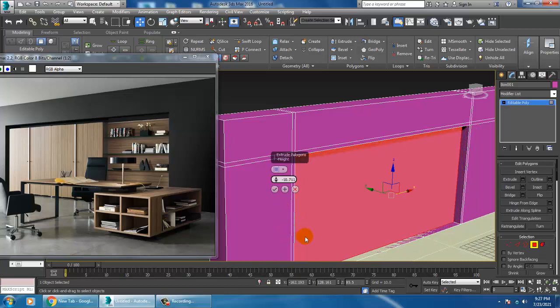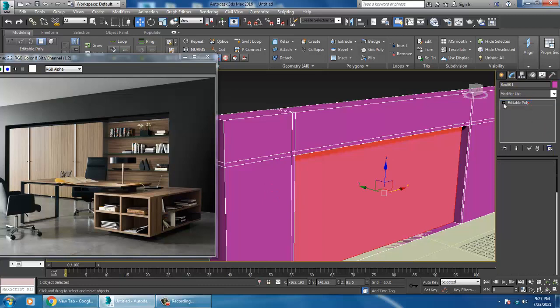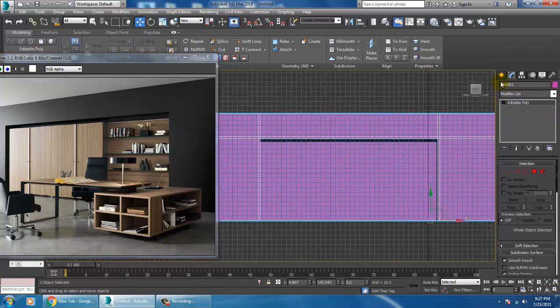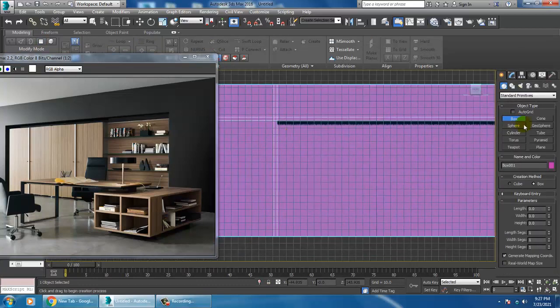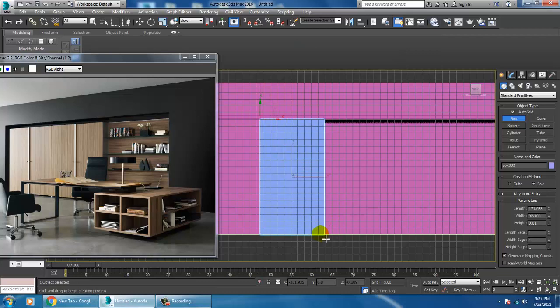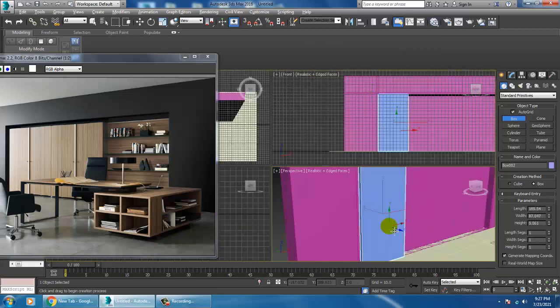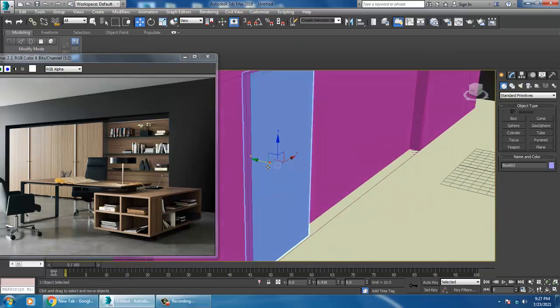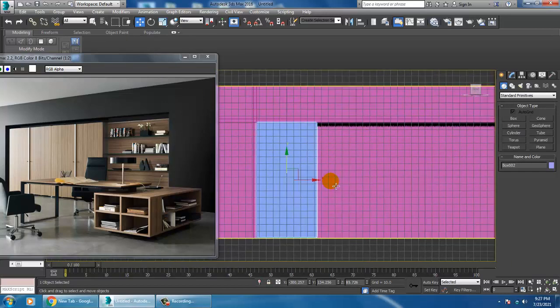But before shuffling, I'll just click OK. I'll take a box. Let's activate the auto grid option over here. Let's just take a box over here, and slightly I'll shuffle it a bit inside.